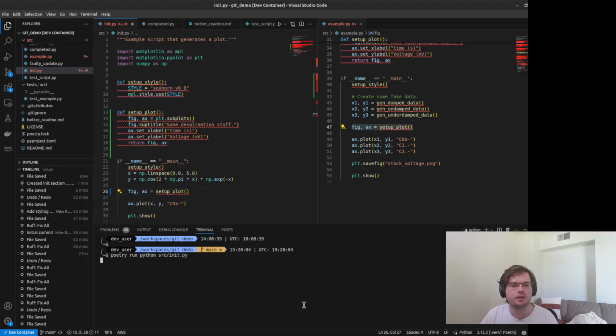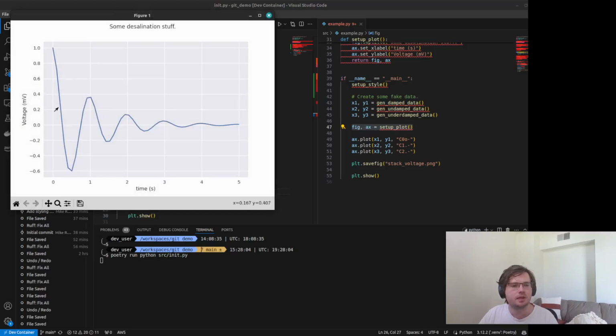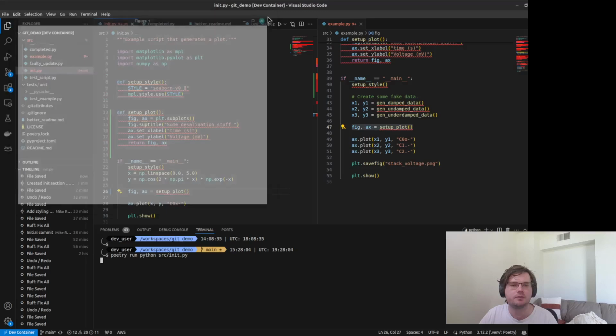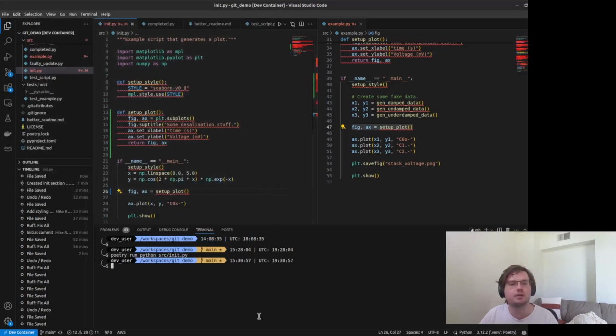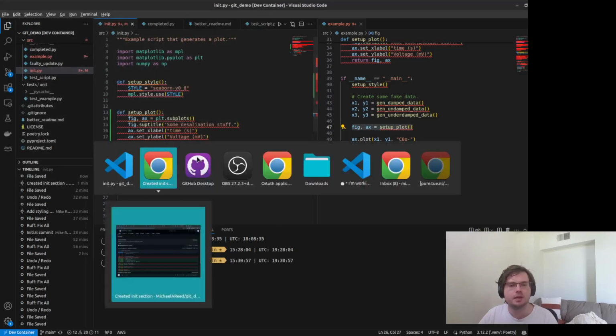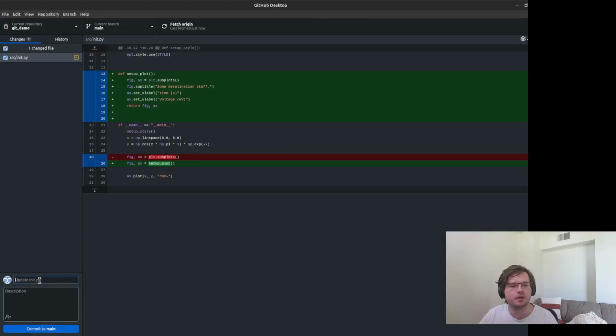So I'm going to run this init.py. You can see that it is coming up. It's now showing things the way that I want it to. It's got the title, all that kind of fun stuff. So that is correct. That is what I wanted to do in this particular instance. So now that I've finished that particular feature, I'm going to come back here and